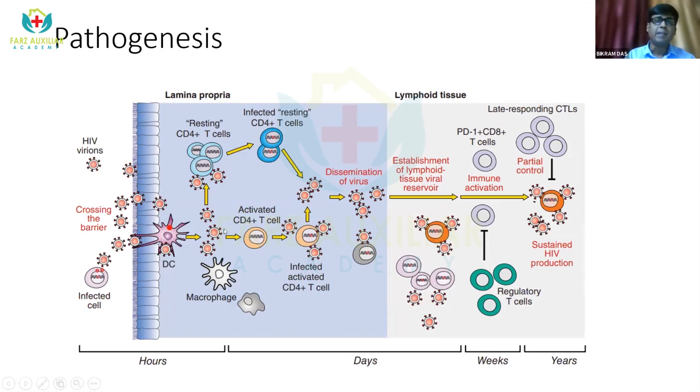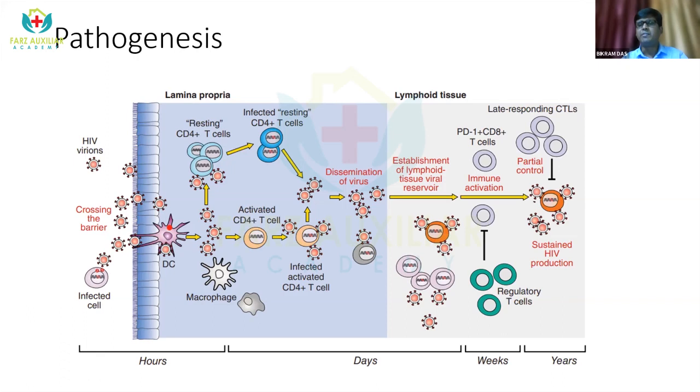These are very important cells, and most of the CD4 cells will be going into the resting phase, and some will be activated. And then there will be dissemination of the virus within the lymphoid tissue. The lymphoid tissue anywhere in the body, it could be the gut-associated lymphoid tissue, it could be any peripheral lymph